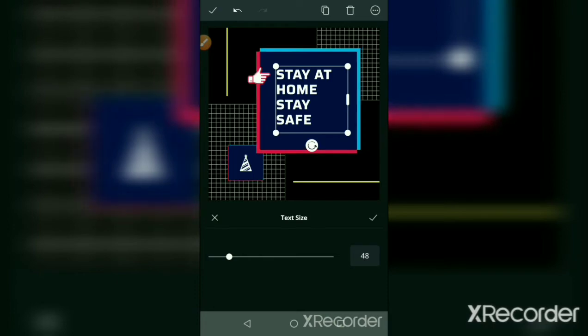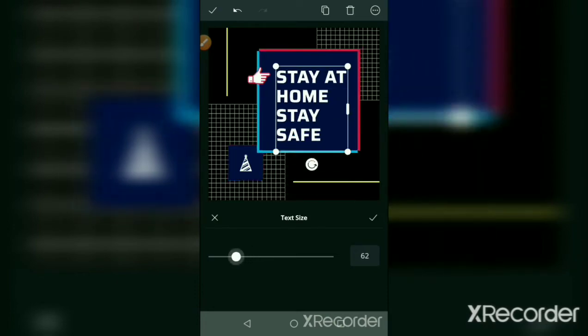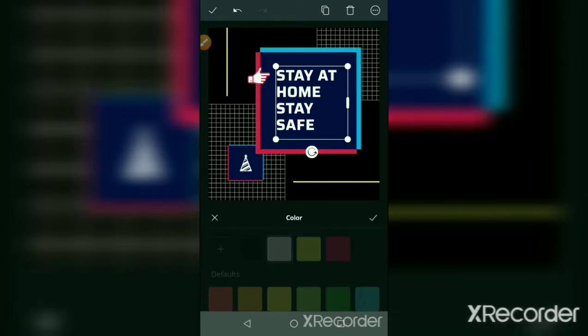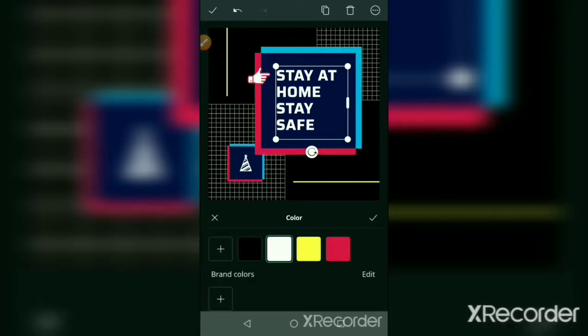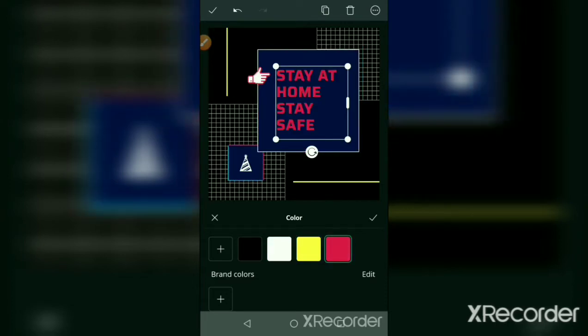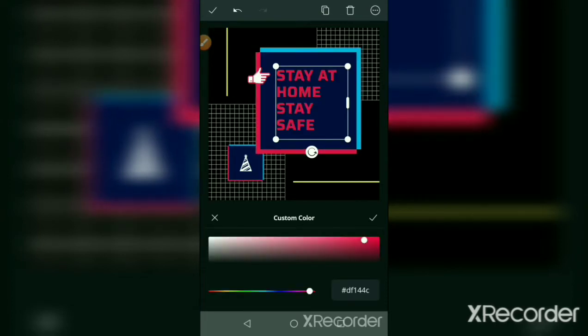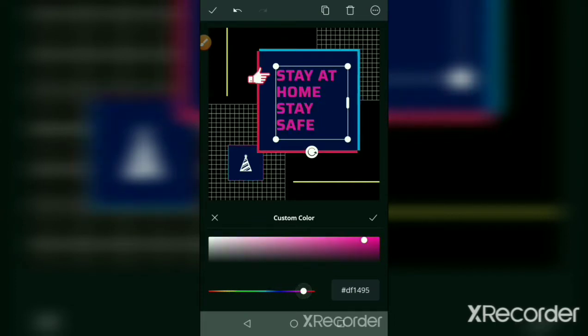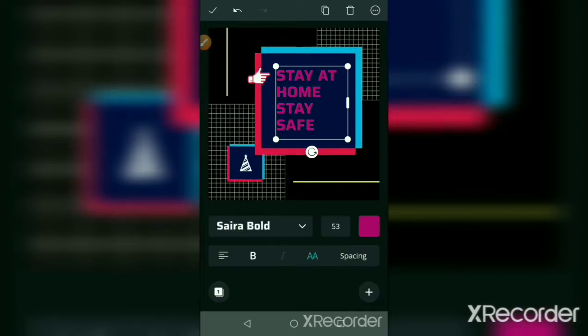Next is size. If you want to change your size, just tick. This is font color, like blue, yellow, red and many more colors, green, pink. These are all the colors.